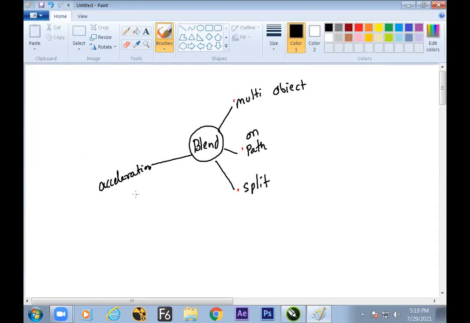Acceleration allows the artist to work in two ways: object acceleration and color acceleration. How close the objects will be to each other, or how close the colors should be to each other, will be decided by object acceleration and color acceleration. Is it clear now?